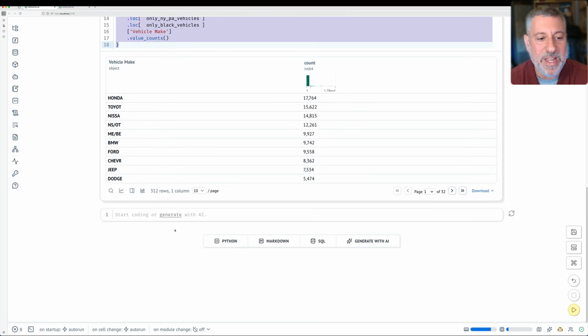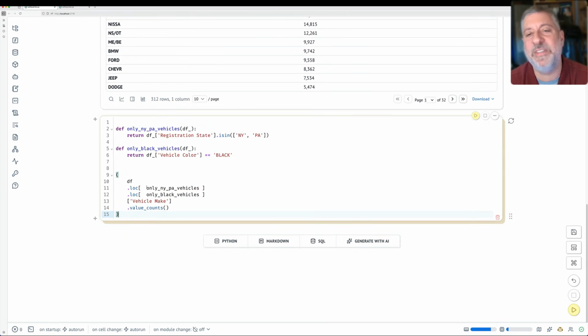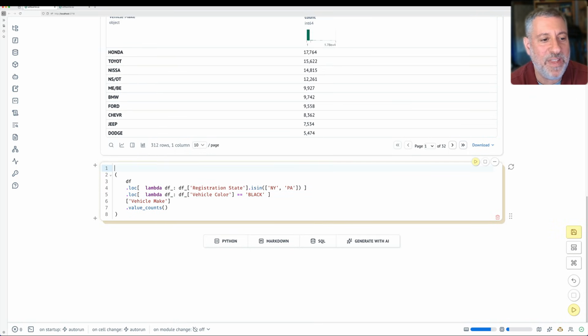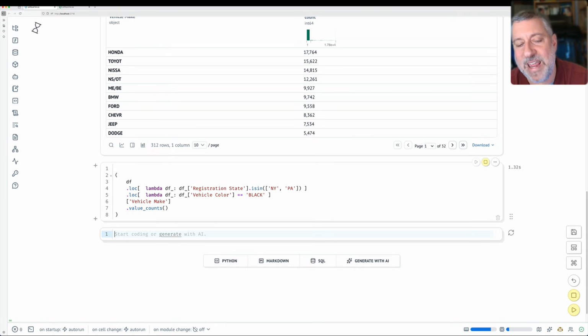What they do is they use lambda expressions, and lambda allows me to write an anonymous function. So here's what I'm going to do. I'm going to grab this here, and I'm going to say lambda df, and then I just do that, and it automatically returns. There's no return value in a lambda. And I can say here lambda df of this, and we do this, and now I can get rid of these named functions, and this should give me exactly the same answer. That is great, except that